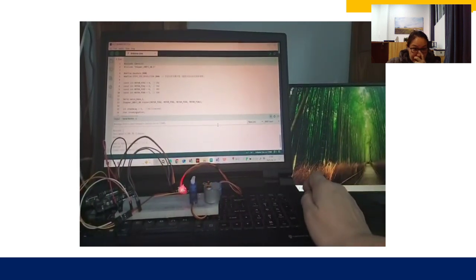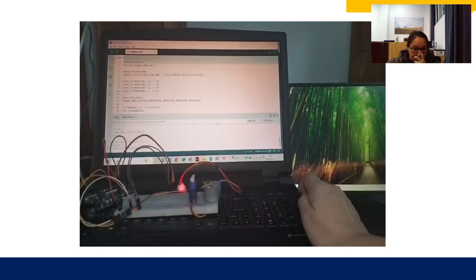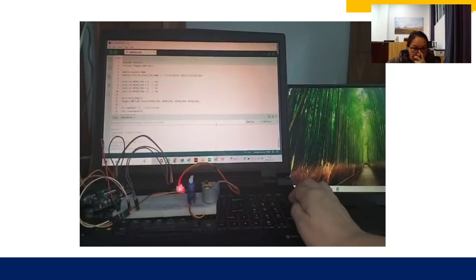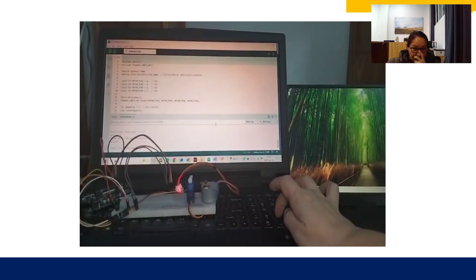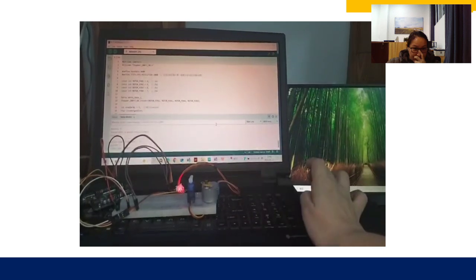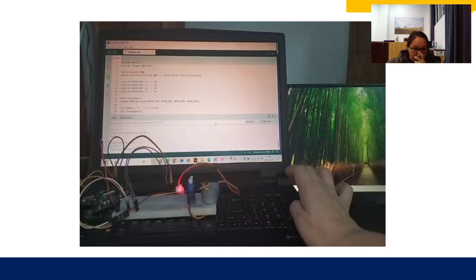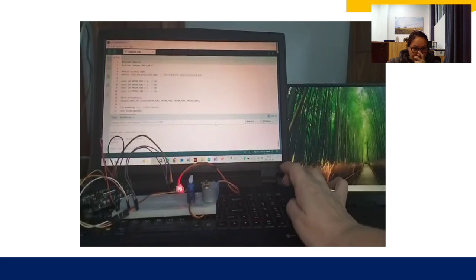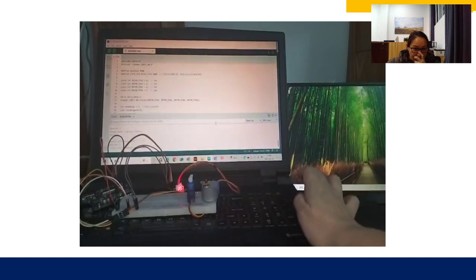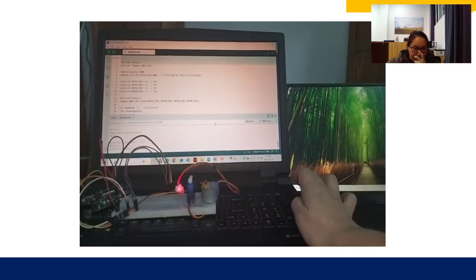And we enter the number 3. The stepper will move, now it moves counterclockwise.